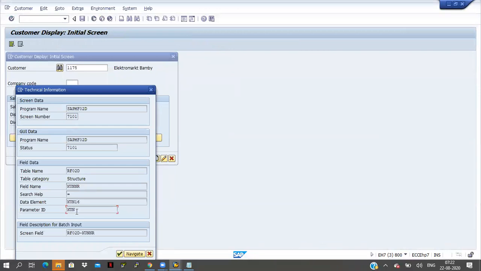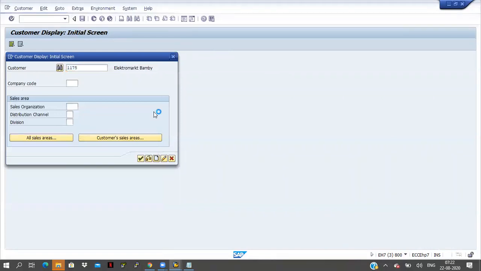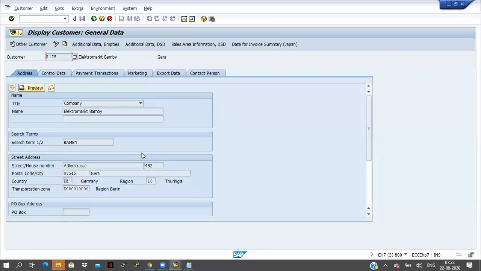Control C. Now click on the OK button. Click on the close button. Now pass the KUN here in single quotation. Whenever you are using the single quotation, it is better to maintain capital letters. Don't maintain small letters or a mix of small and capital letters. You have to maintain capital letters. If you don't, then sometimes it won't work properly.